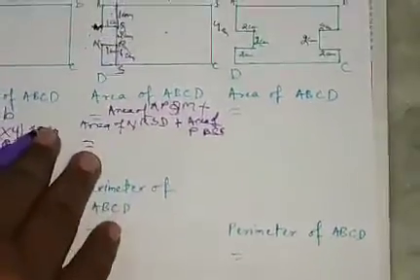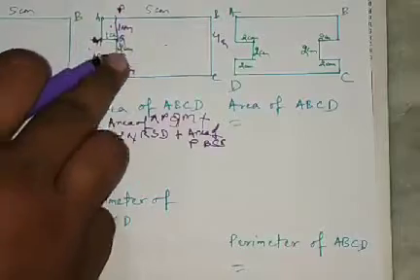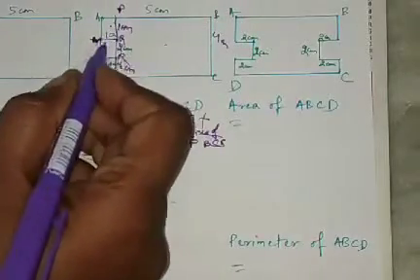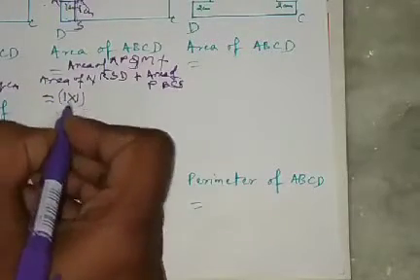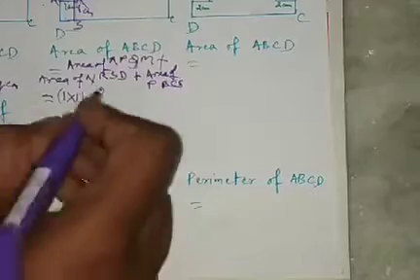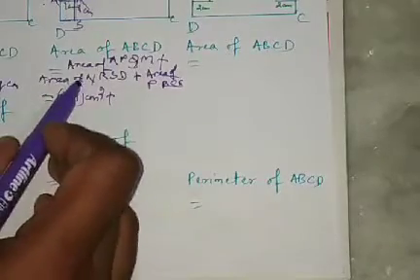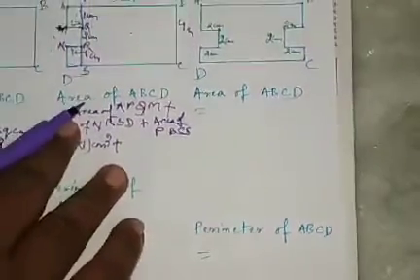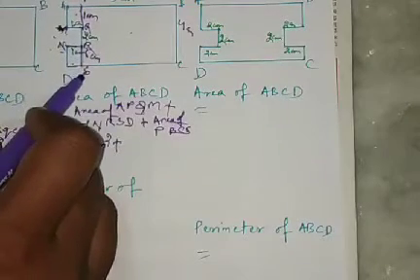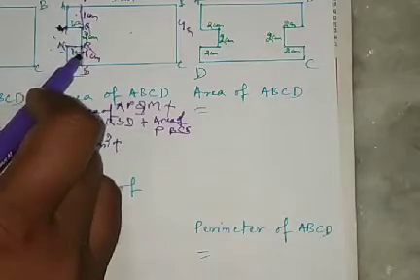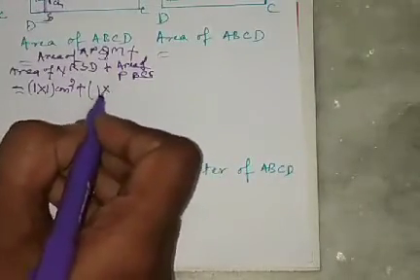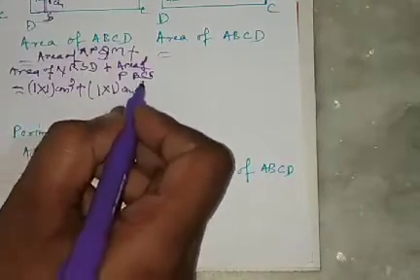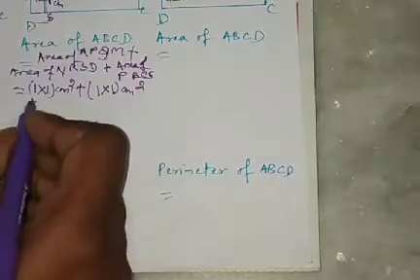Area of APQM is 1 centimeter into 1 centimeter, so 1 into 1 square centimeter, plus area of NRSD. Look here, NRSD: 1 centimeter length, also 1 centimeter breadth. 1 into 1 square centimeter, plus